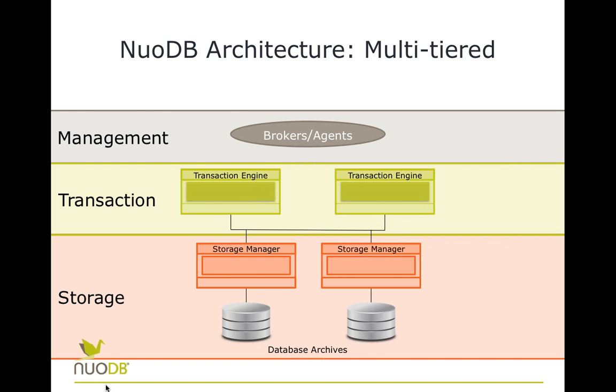And it's obviously not an in-memory database. There's a clue at the bottom of the picture there with the database archives, but it behaves as though it were, to the client. The client thinks they're dealing with an in-memory database, but what's actually happening is every time there is a request for data, the transaction engine that gets that request seeks that data from another transaction engine if it's already there, or from a storage manager, and maybe the first time, when the cache is warming up, they need to go to disk to get that. And every time a client transaction updates, it updates in the cache of their local transaction engine, and that is then shared out with the storage managers and the other transaction engines.